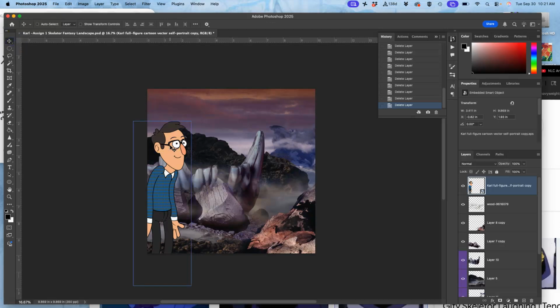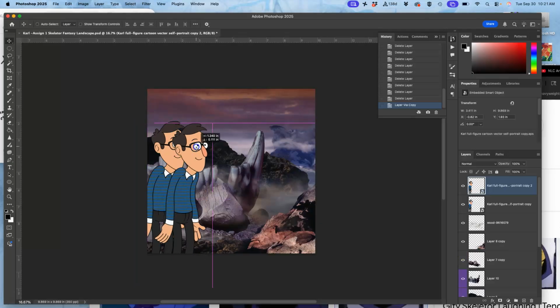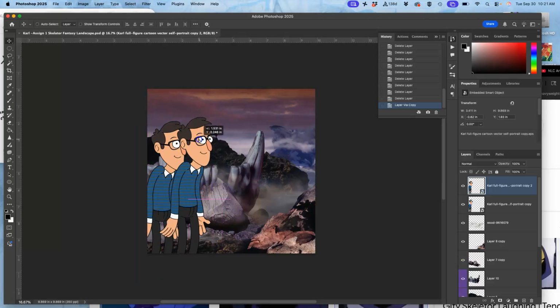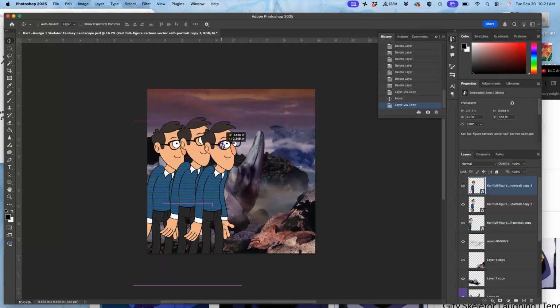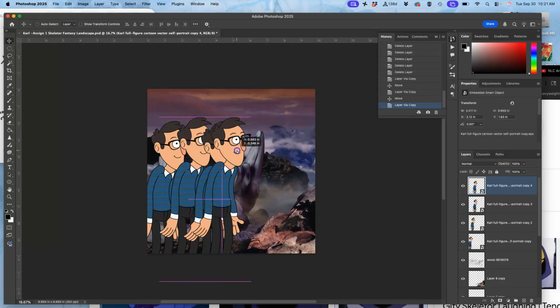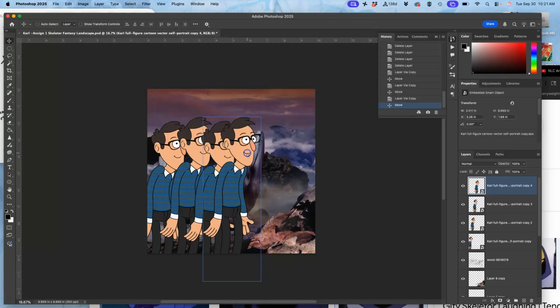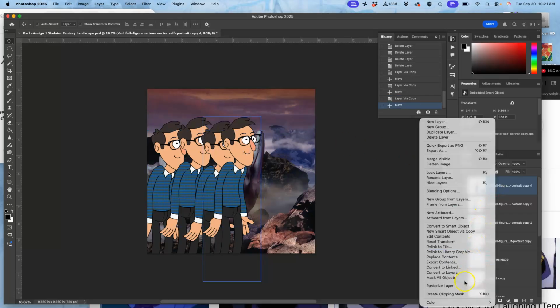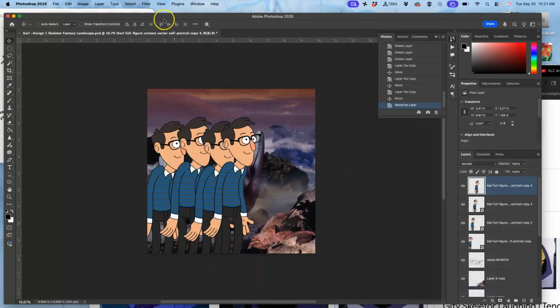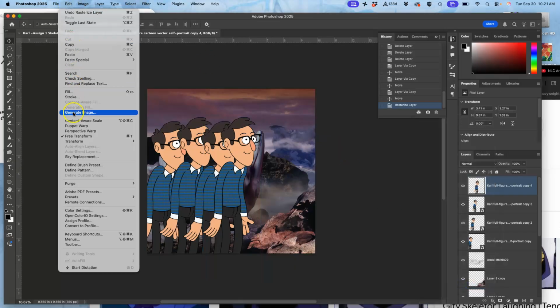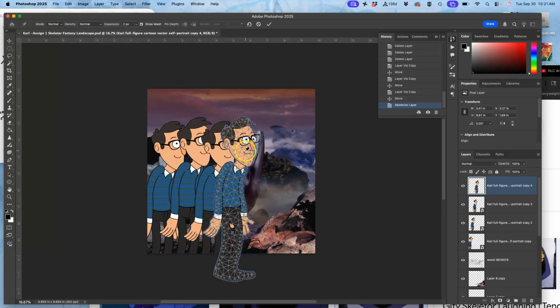So that might be one position of that character, but I can duplicate him. And eventually I want him to be like here, and then like here. And that's where he's going to have his reaction. So then how can I get him to react? I can rasterize him. And then I can say edit puppet warp. And I'm going to have him